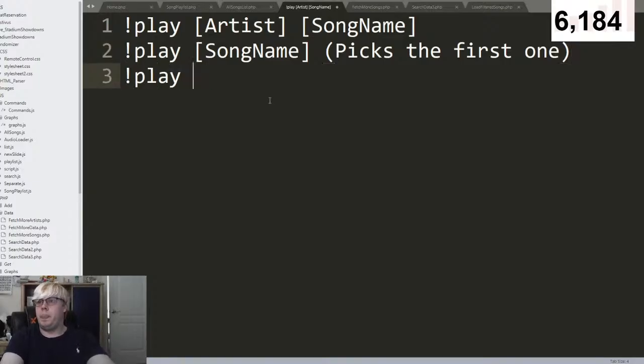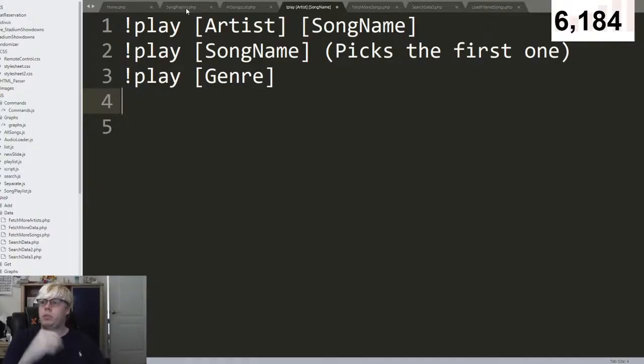Or you could say play and then a genre. So you could play country or whatever genre. That also plays into the randomizer part, where you say play rap, and it'll just play random rap songs from the list. So I think that's how I wanted to do it. There's also other commands I was thinking. I'm not exactly sure how I would do it, but